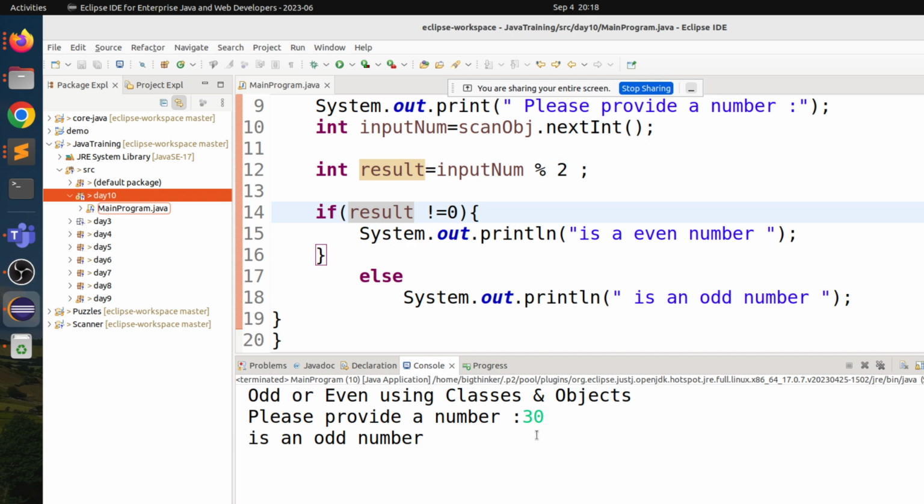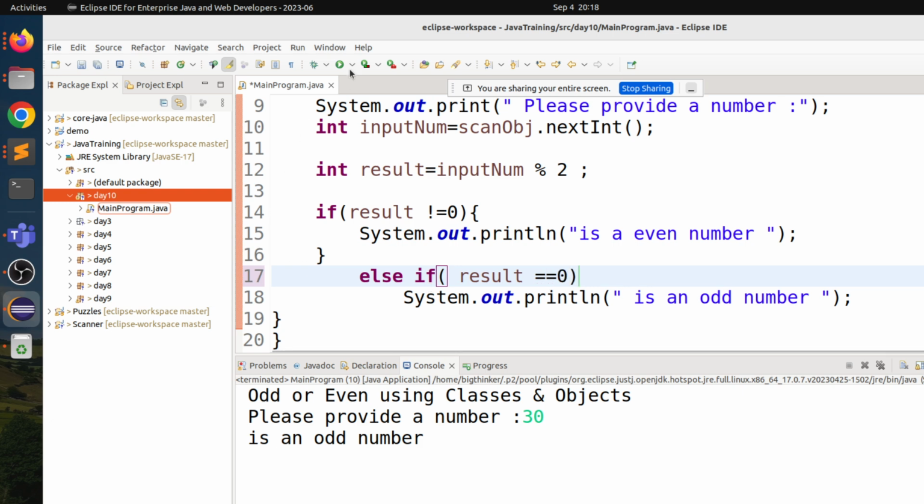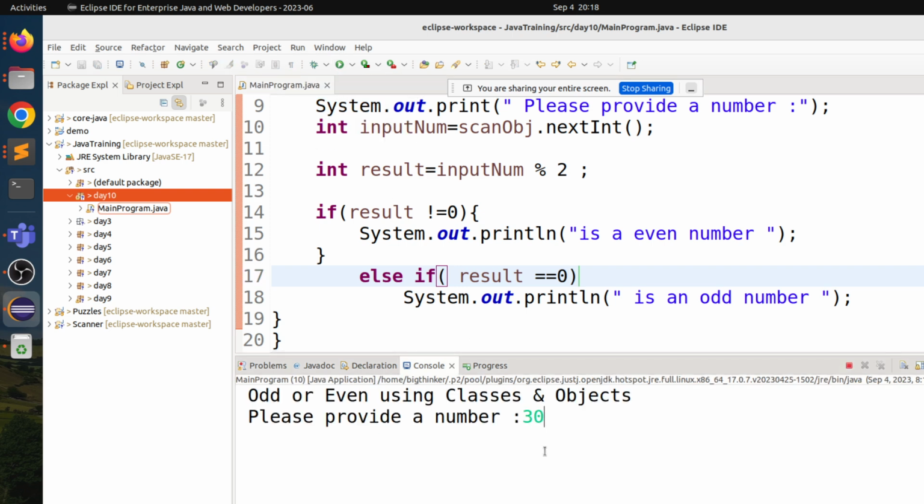So then in the 17th line, else, result is equal to 0. Else if the result equal to 0. So it is now 30, and you said 30 should be even, right? Yeah. The program is telling odd. So I think result percentage 2 is equal,